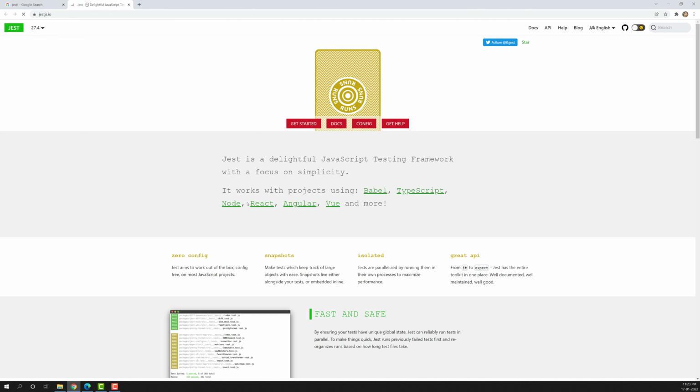This was developed by Facebook. This is one of the popular testing frameworks, the Jest testing framework. So let's try to see this one. It is developed on top of the Jasmine framework only. So if you know Jasmine, Jest is one and the same, but it has some more features. Let's see how to install Jest and how to execute a Jest test.